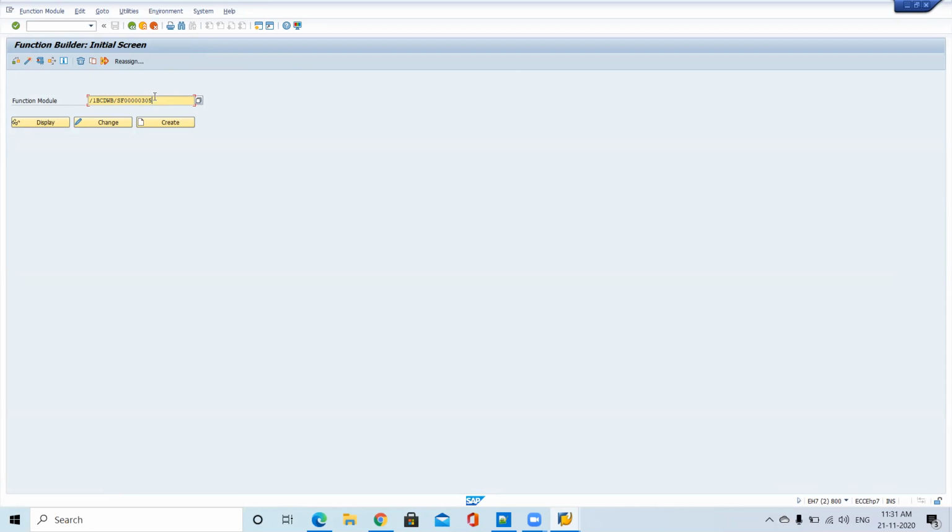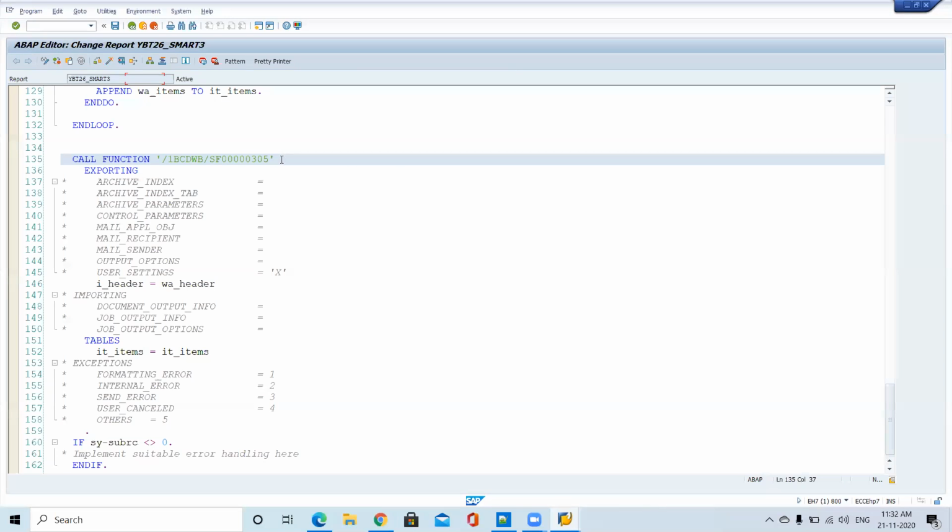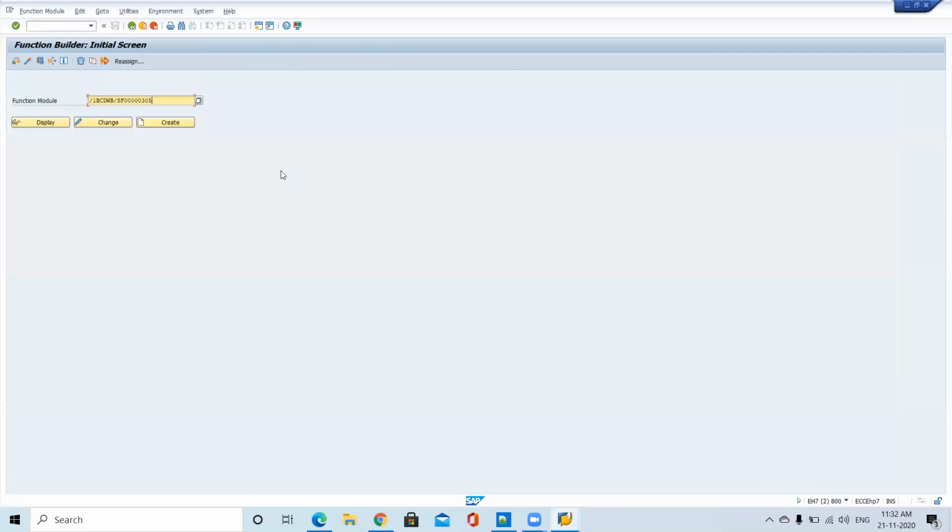It will take it from the table and show it to us. So first time it will create, second time onwards it will use the same information. That's why the function module is not changing. Otherwise, first time you created 305, second time it would be 306, third time 307, and how many times would I have to change? But it has not changed. That means for one smart form, internally, it will assign one function module.